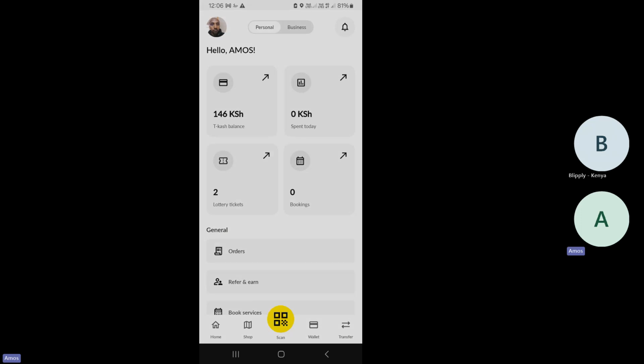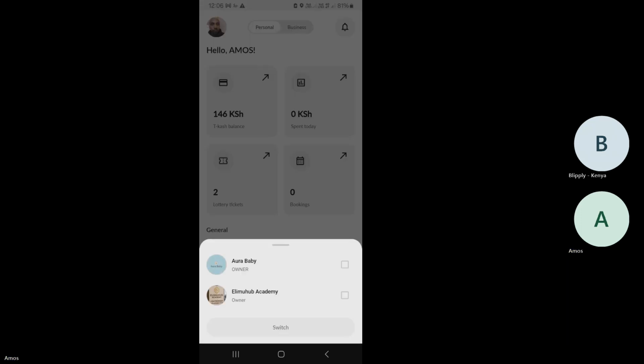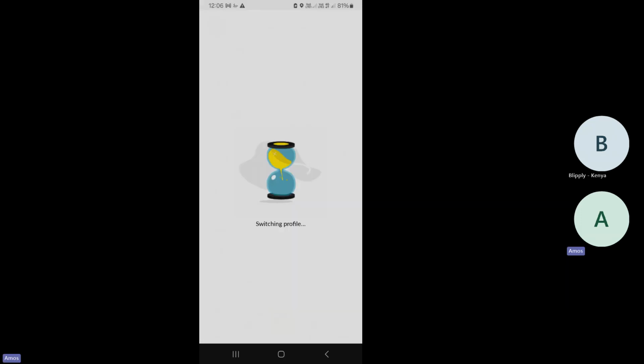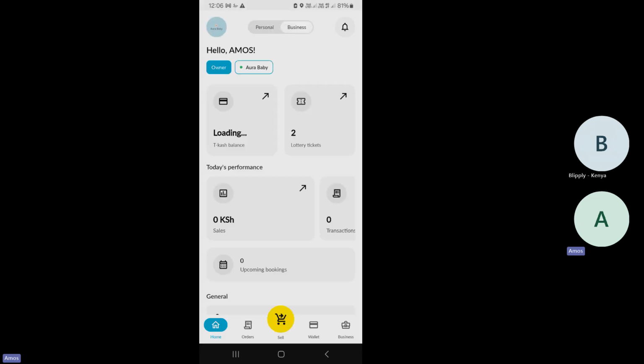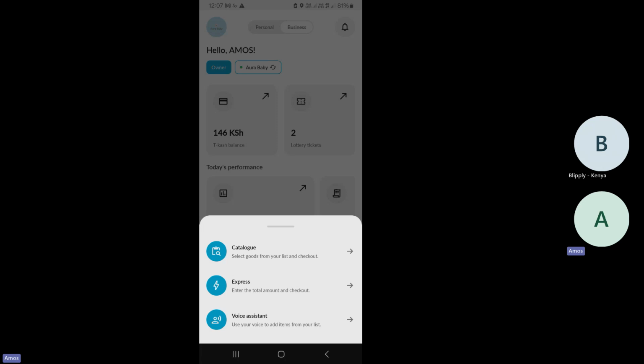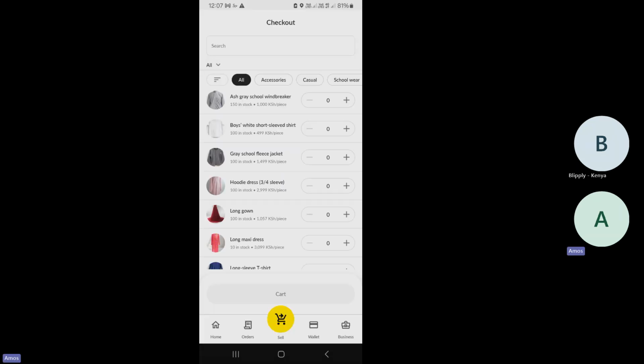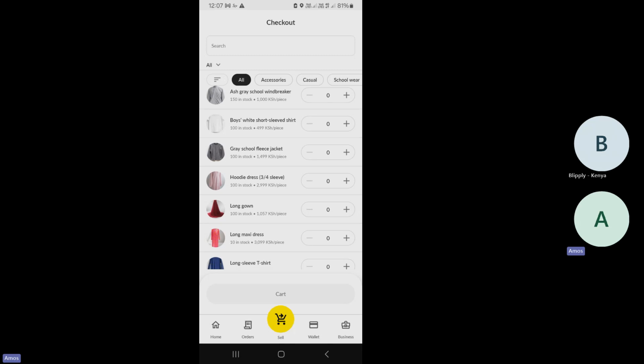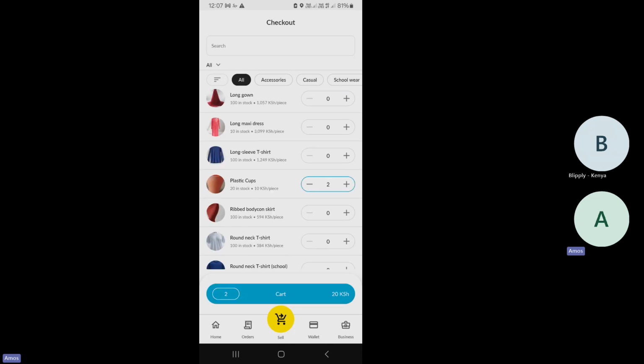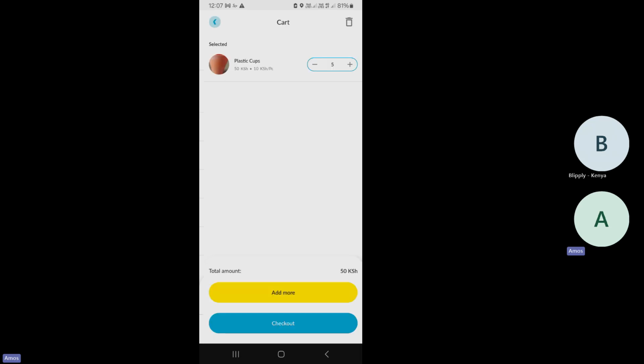Back to the business bit. Go back to the sell option we were trying to do. We said under sell, we proceed to catalog. From the catalog, we needed to sell a few cups, 5 cups. And again, I can proceed to the cart. So of course, 5.